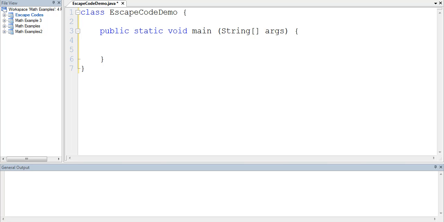This video is going to show you how we use escape codes. An escape code is a command that we can put into any output line, and it tells the computer to do something different. So what we're already familiar with is I could say system.out.println,